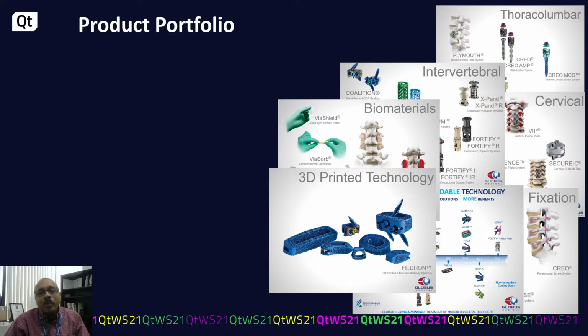Globus also develops biomaterials. These are materials that encourage bone growth. Again, the idea in many of these surgeries is the screws and the implant and the spacers are basically only temporary placeholders until you grow your own bone to fuse two vertebrae together. The bone can grow outside the implant, and with our recent additions of 3D printed technology, these are actually implants that are printed in 3D with metal, and bone can grow not just outside the implant but through the implant.